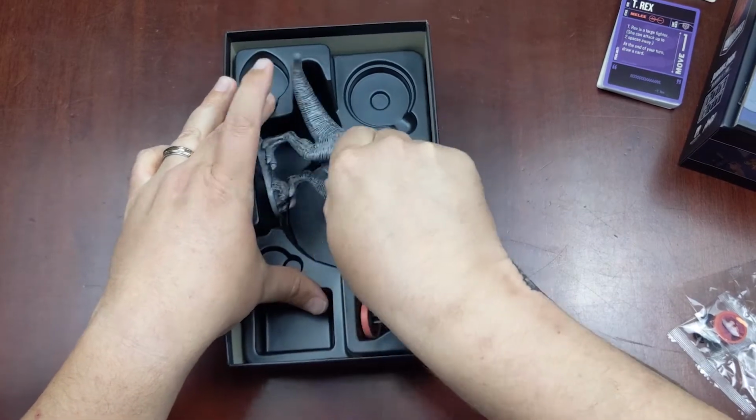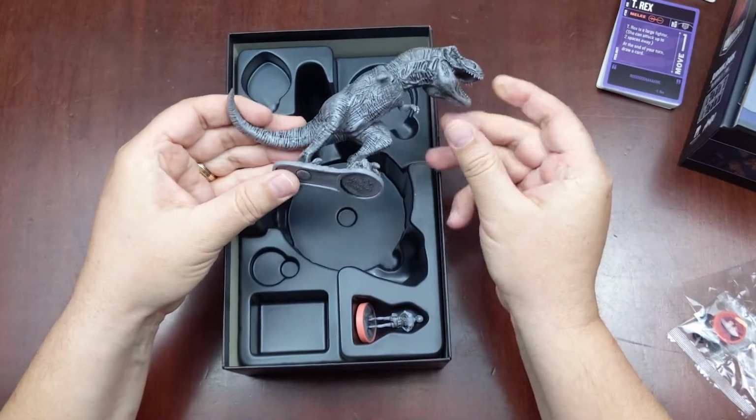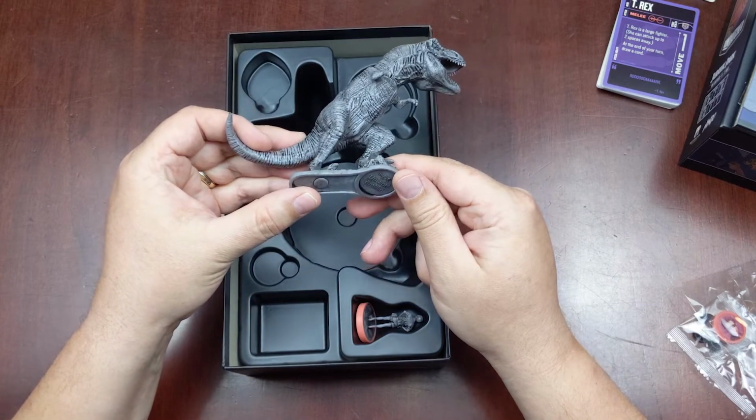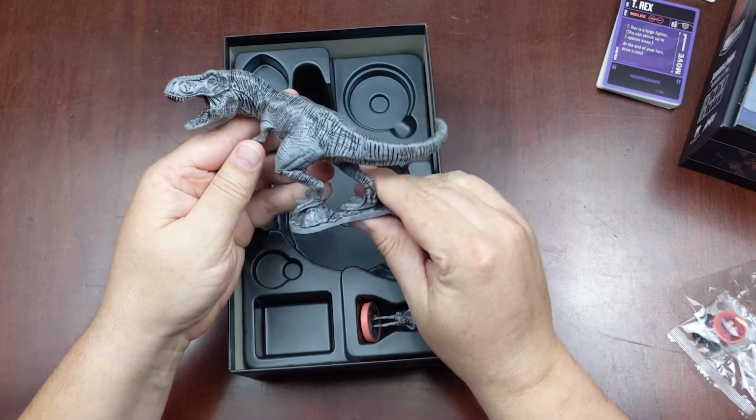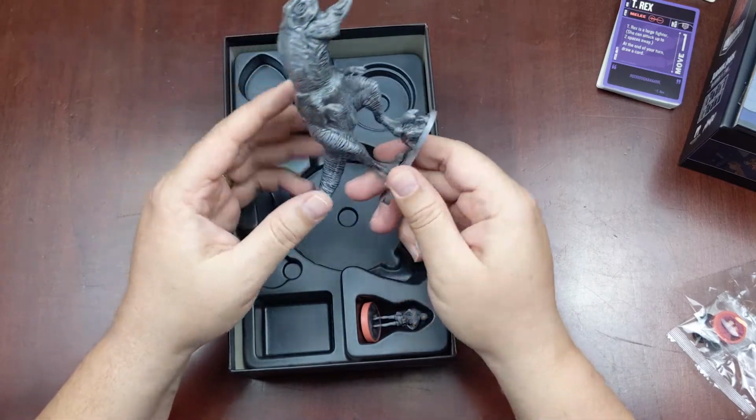Now, of course, we're going to take a look at the most exciting thing, which are the miniatures. And Restoration Games, as you may have seen in my Return to Dark Tower video, puts out some beautiful looking miniatures. This T-Rex here is sculpted beautifully. It's got a very nice wash on it,